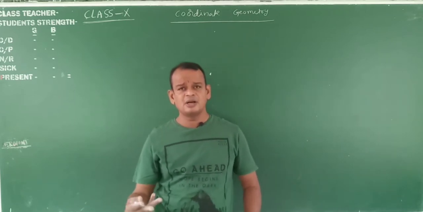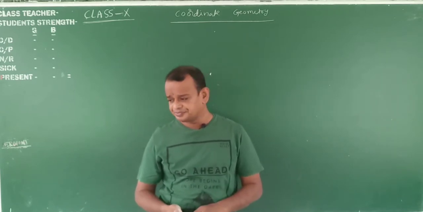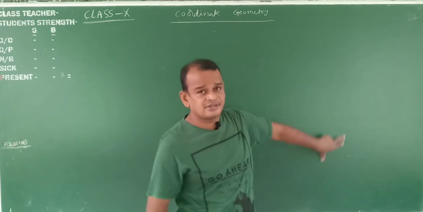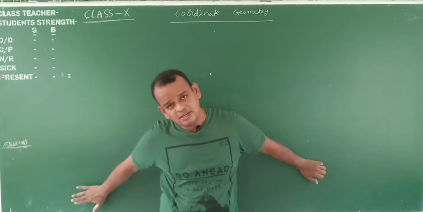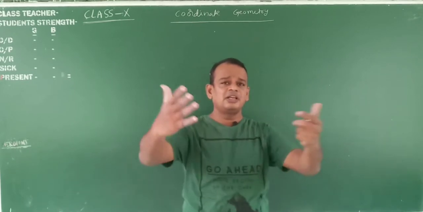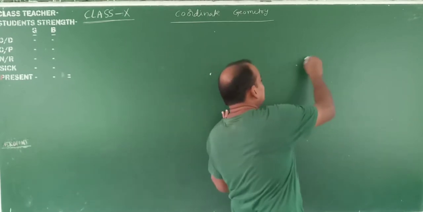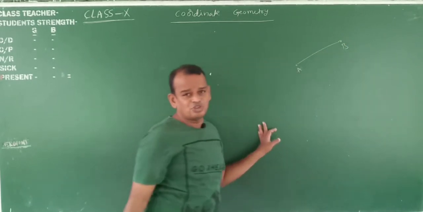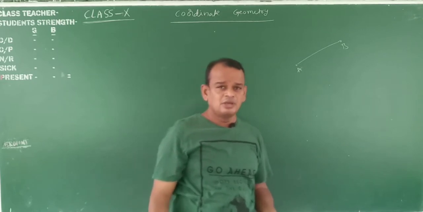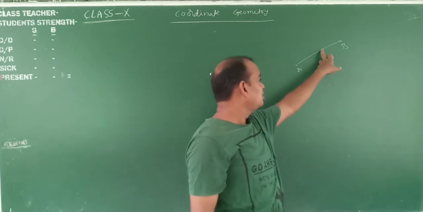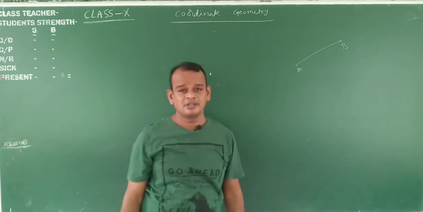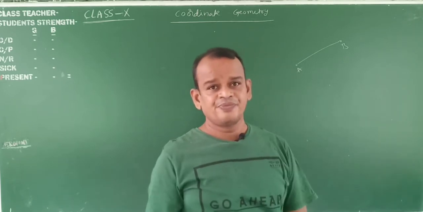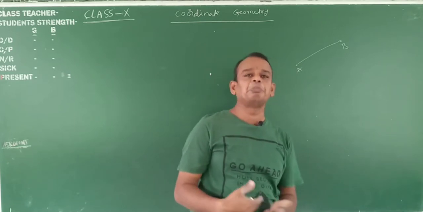Now observe that in general life, what is the meaning of a plane? The blackboard is nothing but a surface. On that surface, we take any 2 points. This is the point, this is the point. Joining these 2 points, we take a point on the line, and that point also lies on the surface. Then that surface is called a plane.